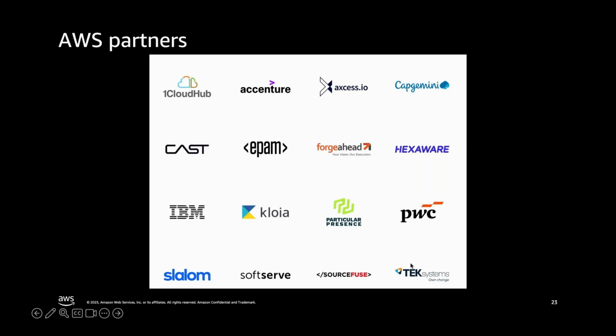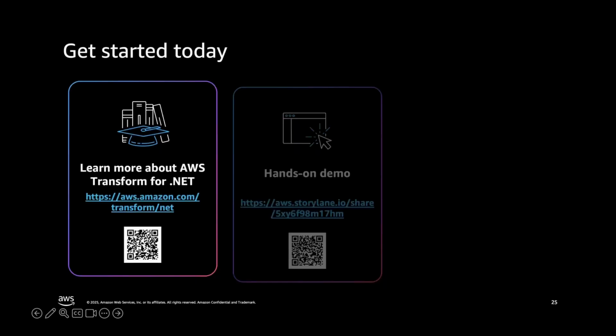Over this period, we worked with a lot of partners and customers along the way, and we shared one of the customer feedback and customer use cases up front. And we have more of these partners. If you have worked with these partners, they're already familiar with this service, and they have transformed customer workloads on AWS Transform, and they have some experience already. So you can engage them or you can work with us for future transformation needs. And that recaps our presentation.